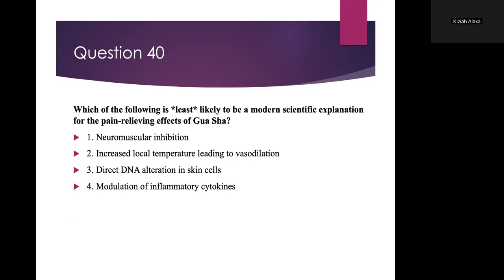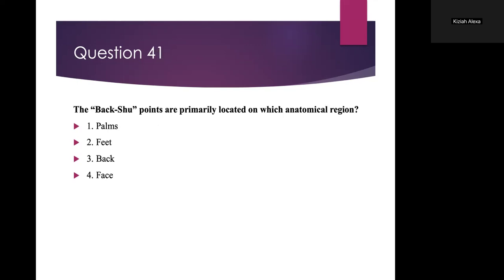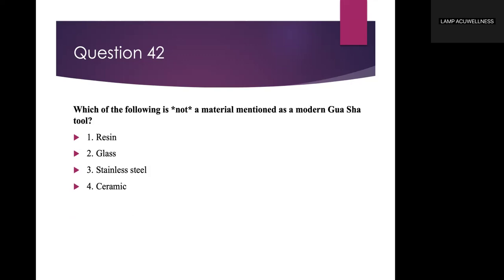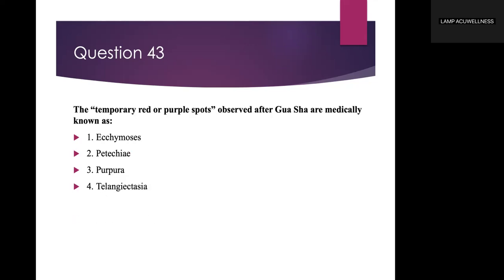Most likely, direct DNA alteration in skin cells. The Bakshu points are primarily located on which anatomical region? Back. Which of the following is not a material mentioned as a modern Gua Sha tool? Glass. Yes, glass. Okay. The temporary red or purple spots observed after Gua Sha are medically known as